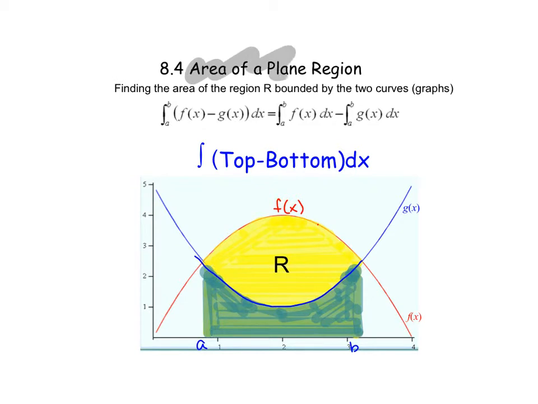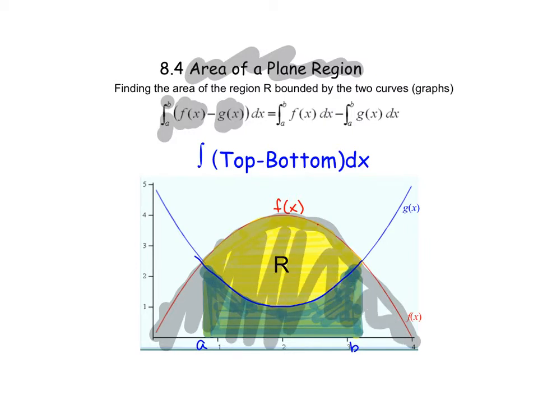To find the area of a plane region, you pretty much do, to find the area of anything, you do an integral. But if you're trying to find a region between two functions, you pretty much just do this, the subtraction of those two functions. You subtract them. Because if you were to, let's say, do this area, then you would get all of this. And then if you do it for the parabola, you get all of this. And then the intersecting one, when you subtract the two,